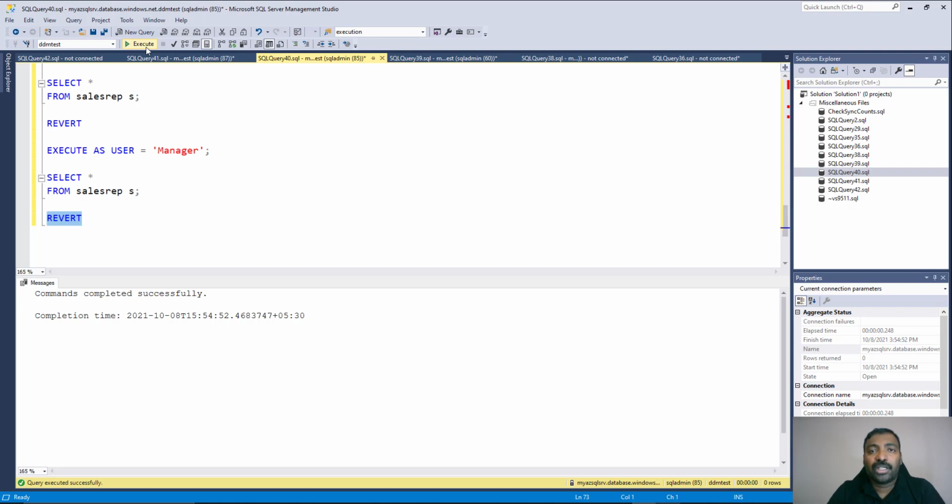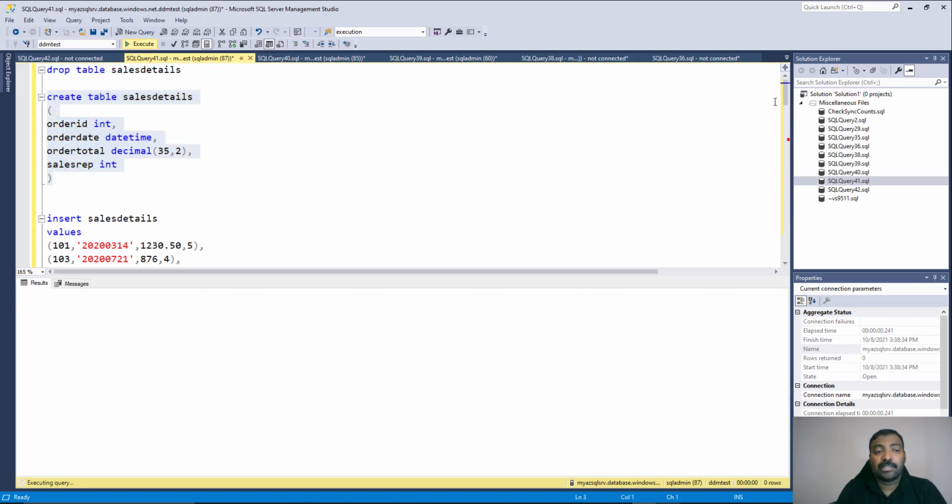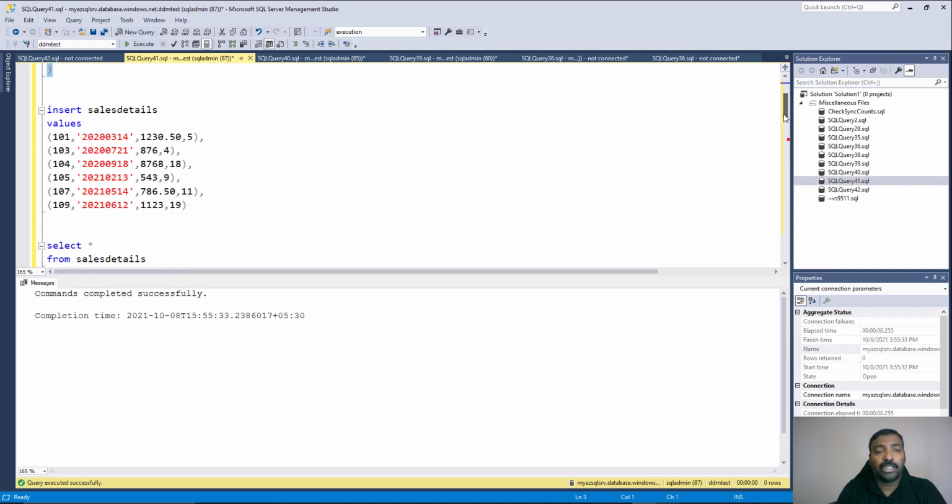So now what we have done is, we have directly applied it on a table, and then we have seen how the access works in the case of RLS. Now let's go one step ahead. For this purpose we are going to create a new table called sales details. This sales details table is going to have some details of some sales that happened, and each of these sales will be